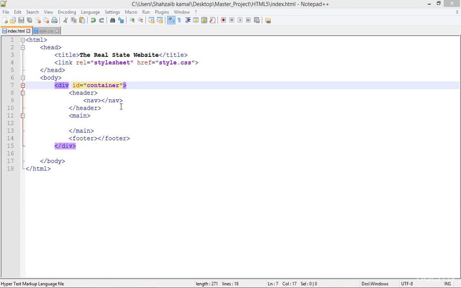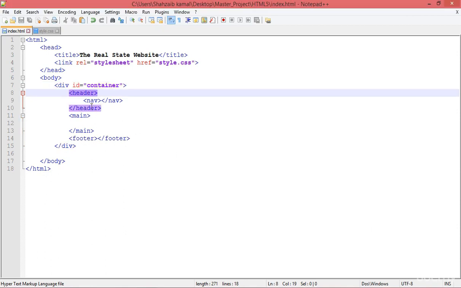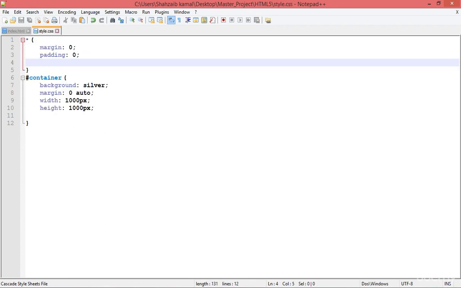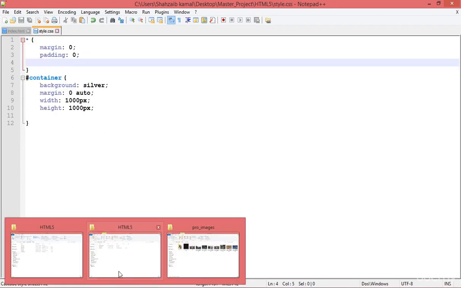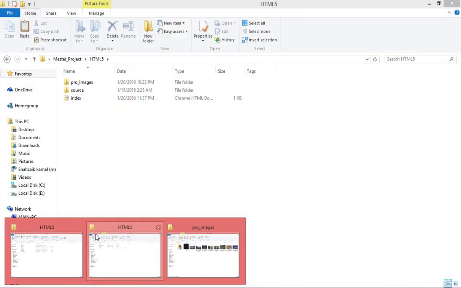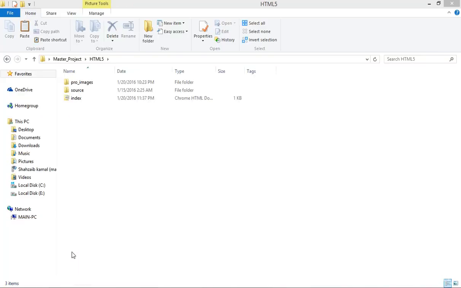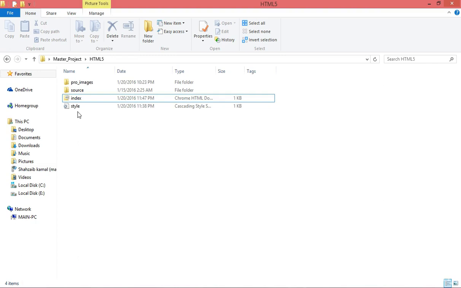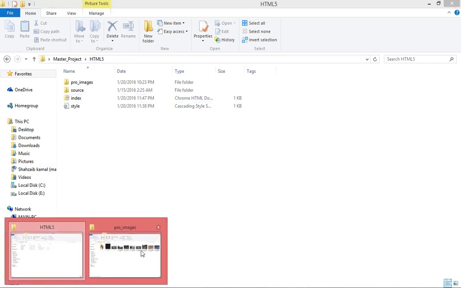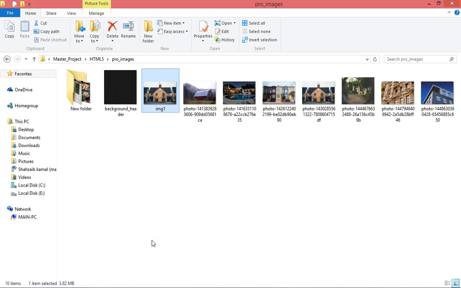Hi everyone. In this class I'm just designing the header for now. So there is the header. I'm just going to the style.css, and for the header I have an image. I'm just going to apply it there. I'm just going to the folder. There is a folder you can see, and there are the pro images. In fact, the pro images are open too, and I'm just gonna apply this image as the header of the